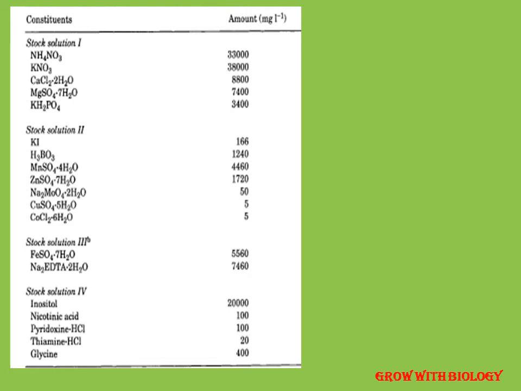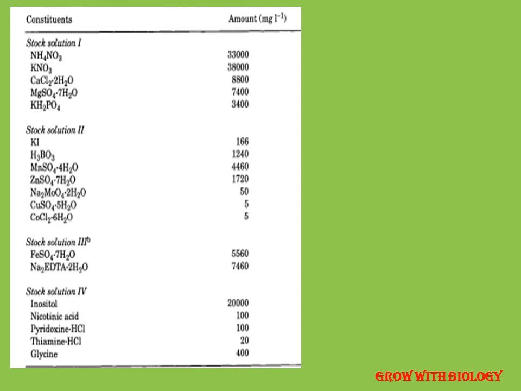Now when we are mixing all this, we add all the stock solution components. We make it up with autoclaved distilled water, and it is better if you use double distilled water, to finish up to a volume of 1 liter. Then we maintain the pH, and after maintaining the pH you add sucrose and agar to it. After addition, there are two methods which everyone follows.